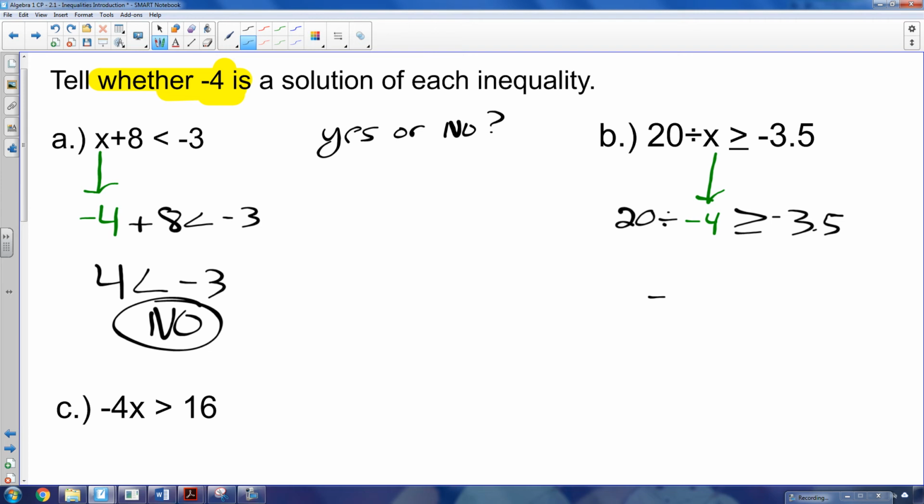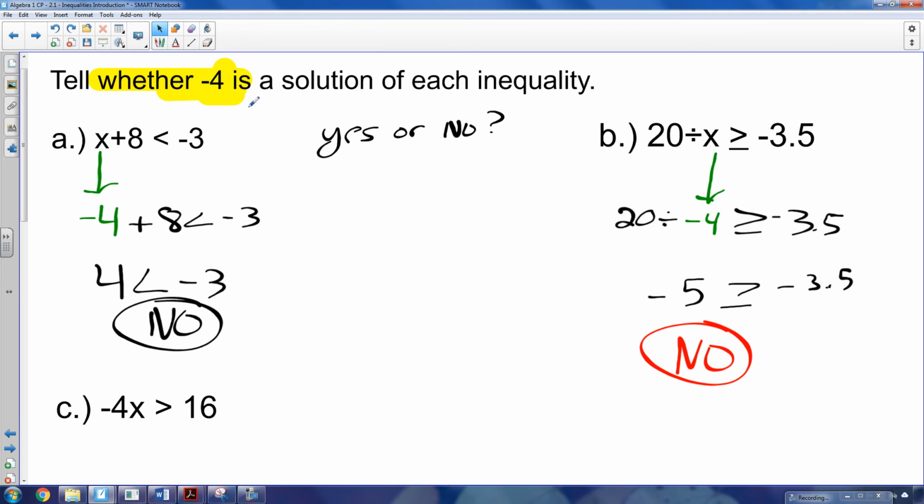Is -5 greater than or equal to -3.5? Sometimes people say yes, but because -5 is a greater negative number, it's more negative, it's bad, it's less. It should be less. So no, it's not a solution once again. Also not a solution. So using -4, highlighted in yellow at the top, can you try part C on your